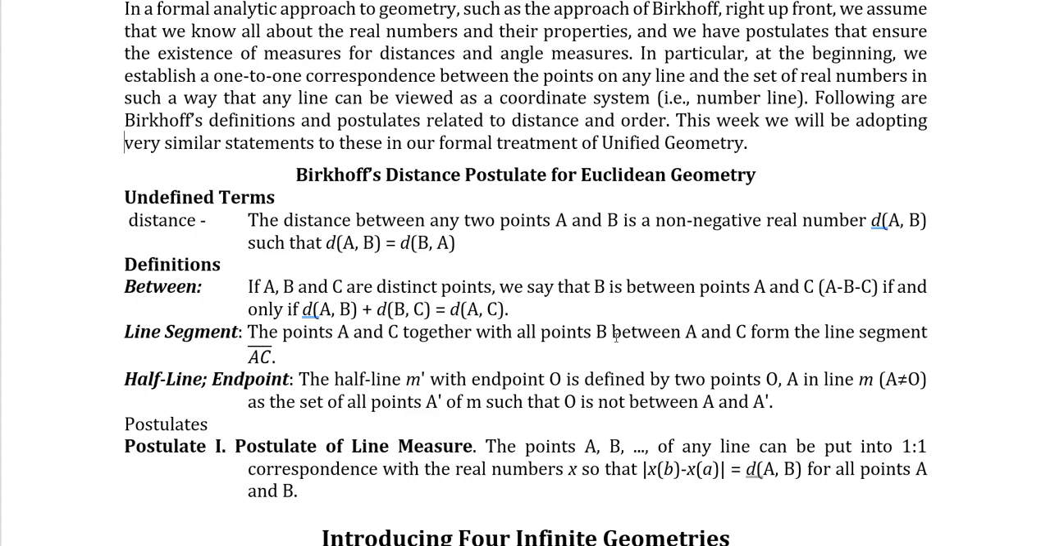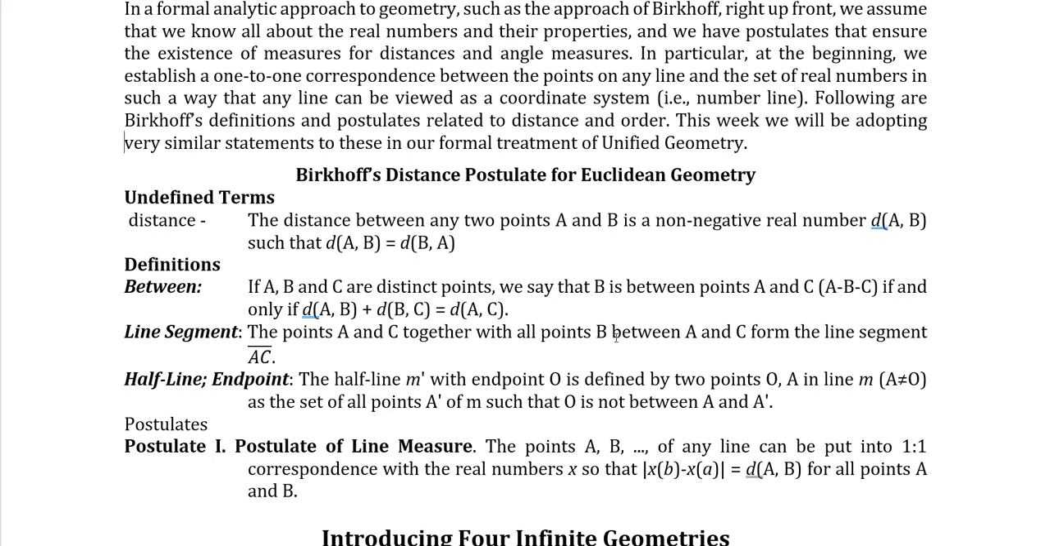So he has distance as an undefined term, and he says the distance between any 2 points A and B is a non-negative real number, d of AB, such that d of AB is equal to d of BA. In other words, the distance from A to B is the same as the distance from B to A. And then with that